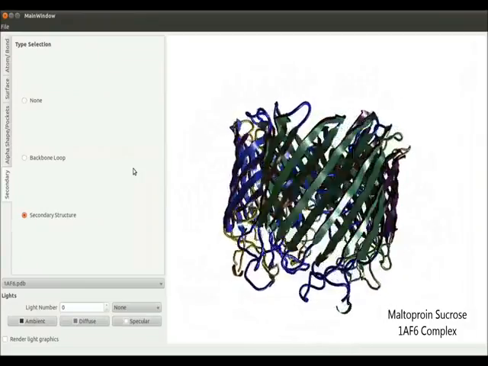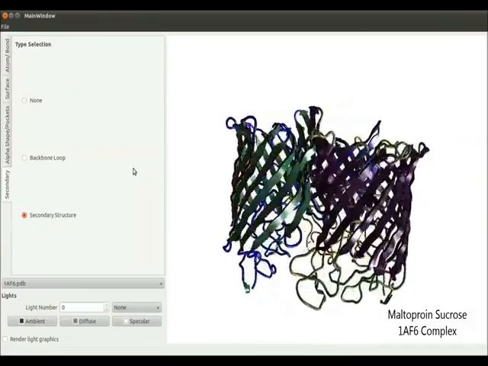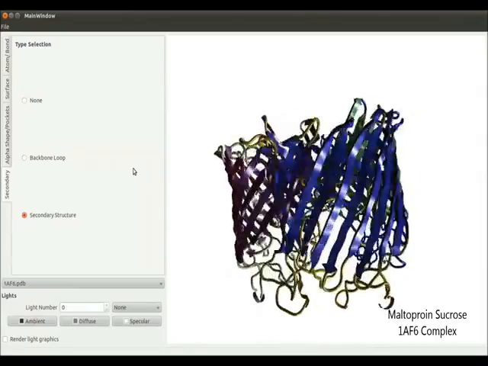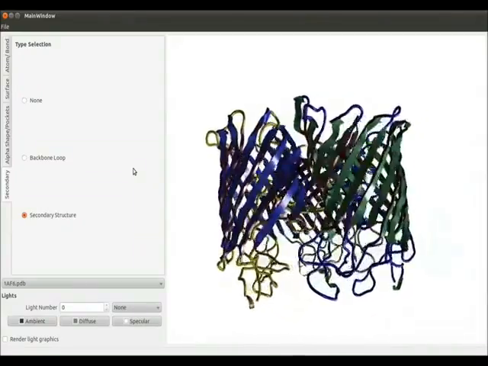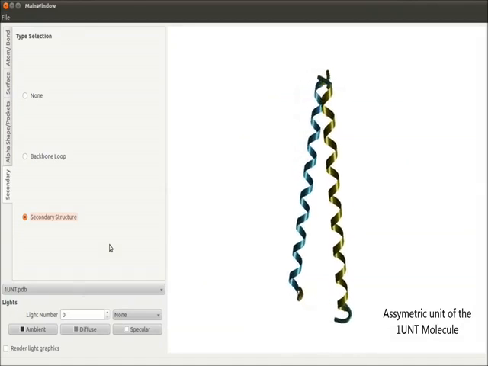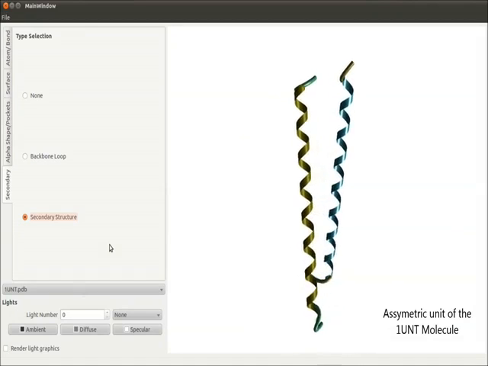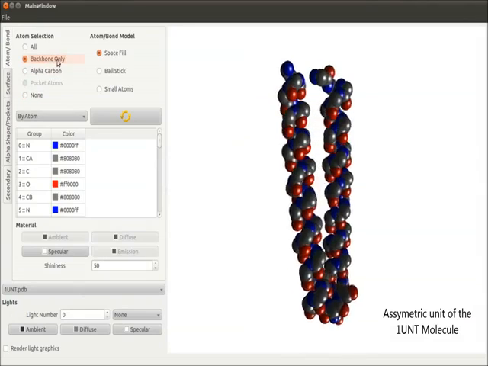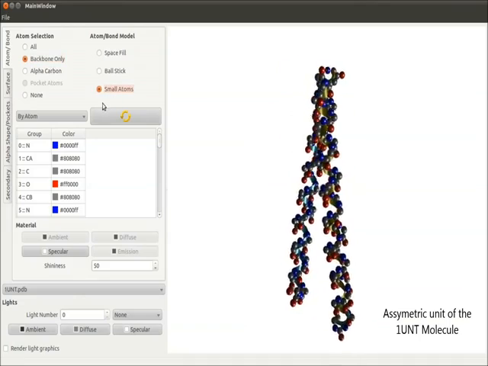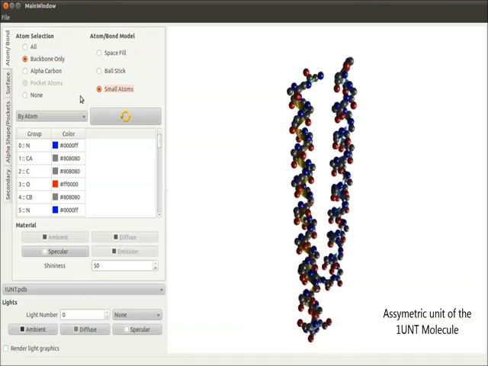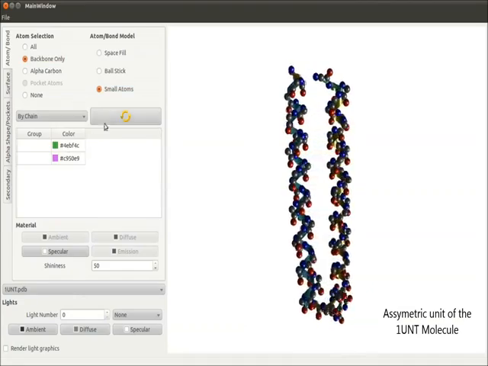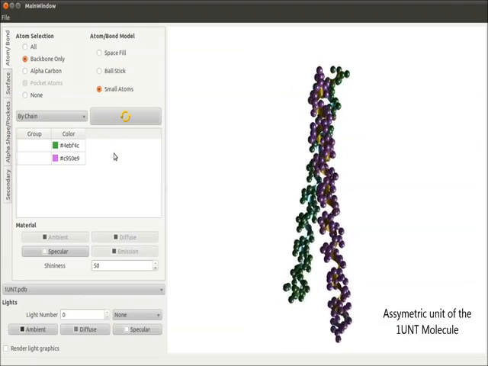Oftentimes, weak hydrogen bonds form across amino acids in the backbone chain of proteins, leading to formation of secondary structures such as alpha helices and beta sheets. The alpha helix commonly exhibits high structural regularity, with the helix executing a turn for every 3.6 amino acids in the backbone and a pitch of 5.4 angstroms. Also, the coiling is regular across a standard axis. We leverage this regularity to fit a cylindrical impostor across this axis that is appropriately culled to reveal the